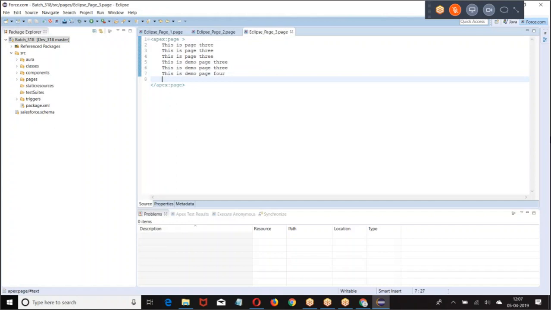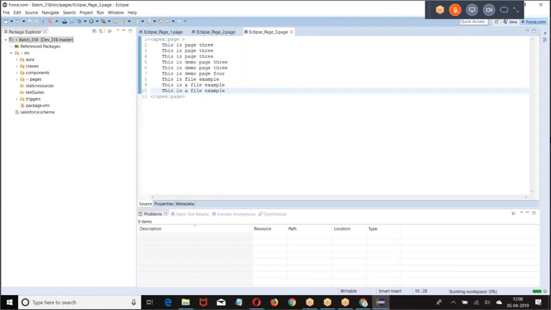I was making some changes. I made some changes. Now I want to maintain a server-side repository.